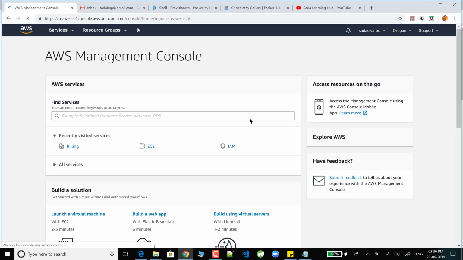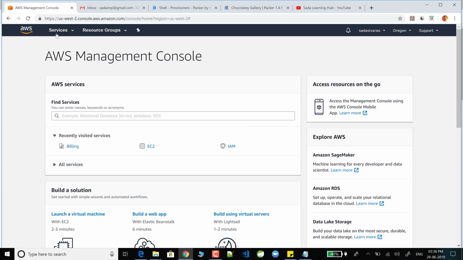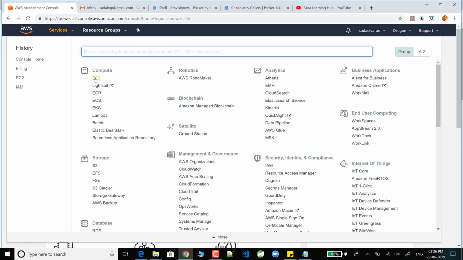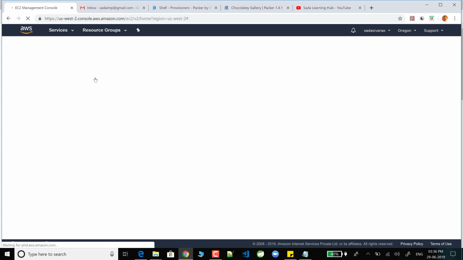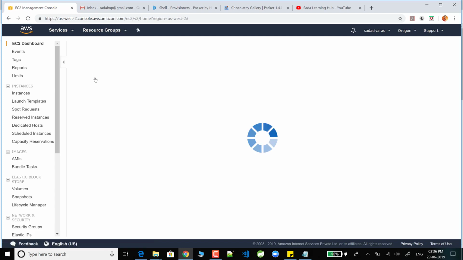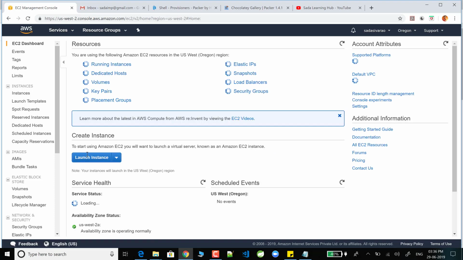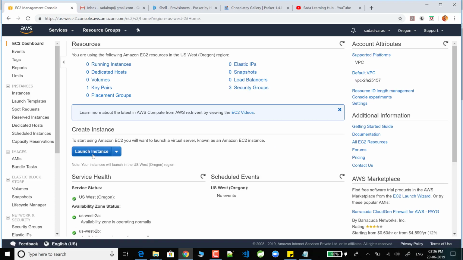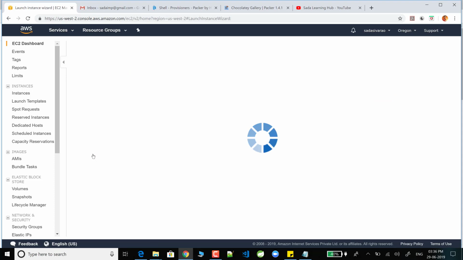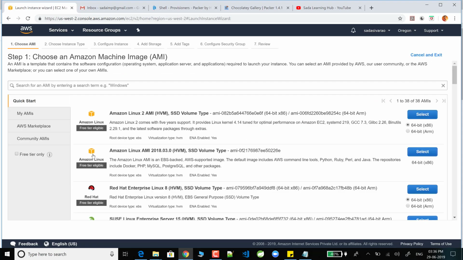Now coming to the second step. My second step is go to EC2 instances, the EC2 service. After going to the EC2 service, I'm going to click on the launch instance button. After clicking on launch instance, it will give you all the OS images.